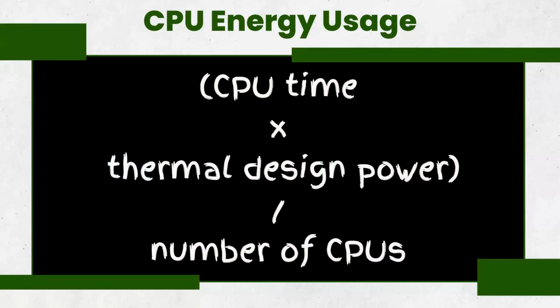So luckily, we can estimate the energy usage from our computing. And to do this, we need a couple different components. First, we need to measure the energy usage from CPUs that are actively running a job. The broad formula for this, which is generally pretty well accepted, is CPU time, the amount of time that CPUs are actively performing that job, times the thermal design power, which is sort of like the heat wastage that comes off of a given processor,